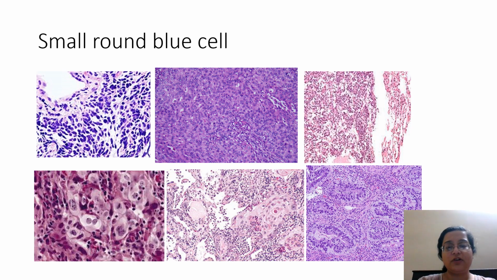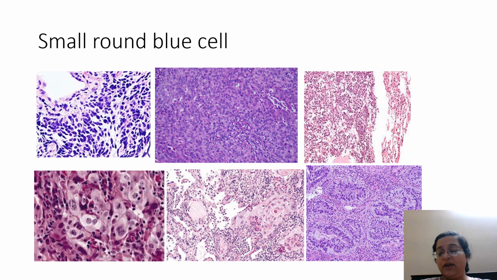So these are all the images of tumors. Either they are poorly differentiated areas with some small round blue cells, or they are completely like a carcinoid small round blue cell. This kind of picture can also occur in mesotheliomas. Epithelioid tumors sometimes look like, or are confused with, a small round blue cell. Here you see a squamoid nodule and all these small round blue cells around it, not inflammation.